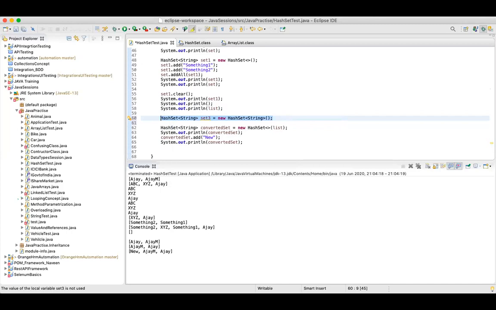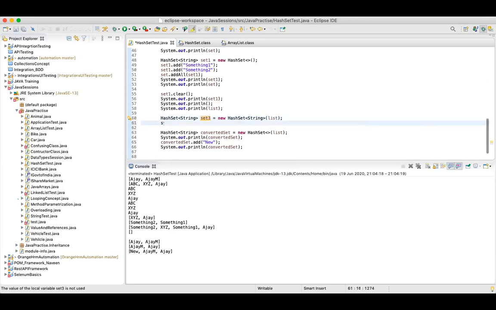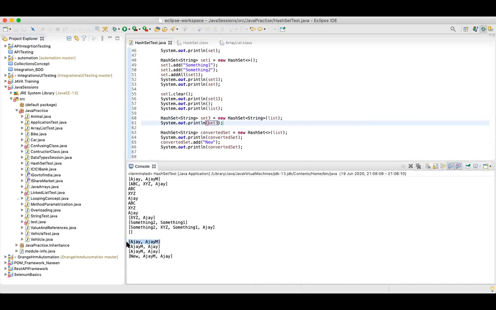But if you pass a parameter over here, a list, or any variable which is of type list, then a new set 3 will be created and all the elements from this list will be stored in set 3. So now when you print set 3, you will get all the elements from the list. See, this was your list and this is your set 3.